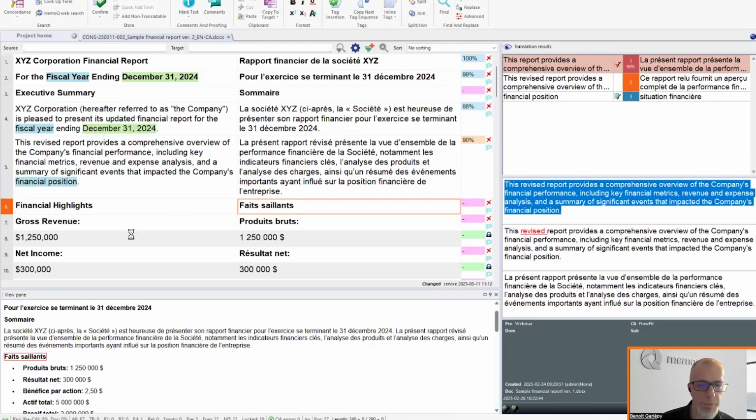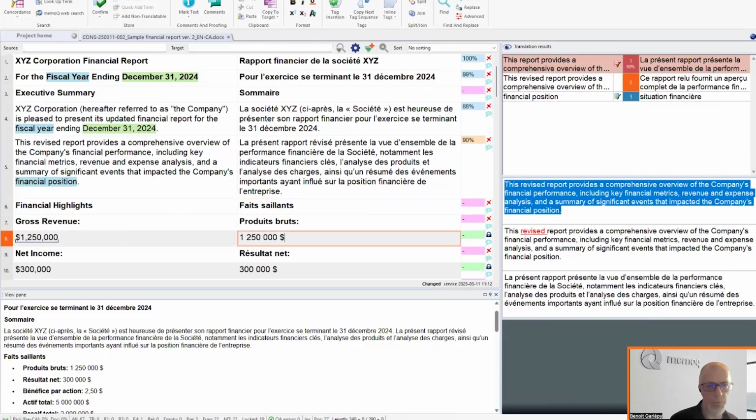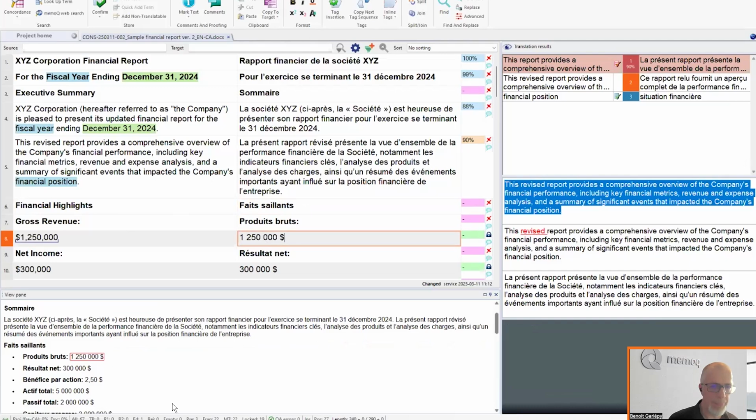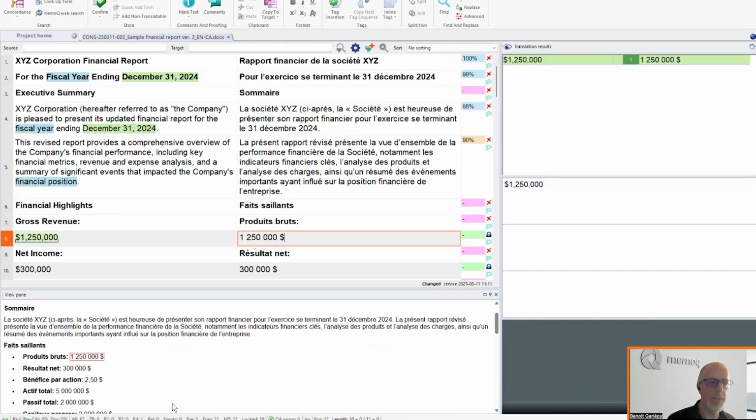So here I got dollar amounts. You'll see over here, let's say 1,250,000. I use an auto translation rule to pre-translate all those numbers automatically. Then again, I use my project template for that. I added a pre-translation step saying to memoQ for all translation units, for all segments where there's only a number or something that corresponds to my auto translation rule, please insert automatically the translation according to that rule and lock